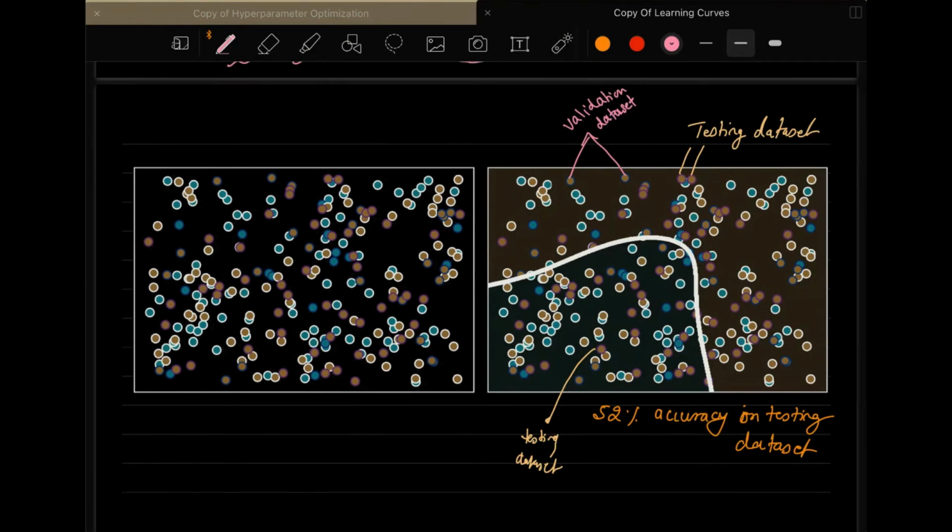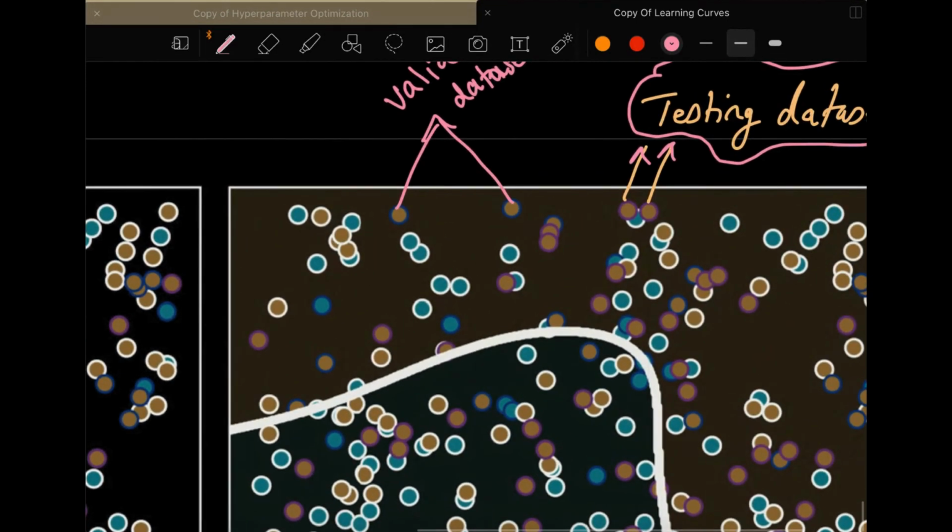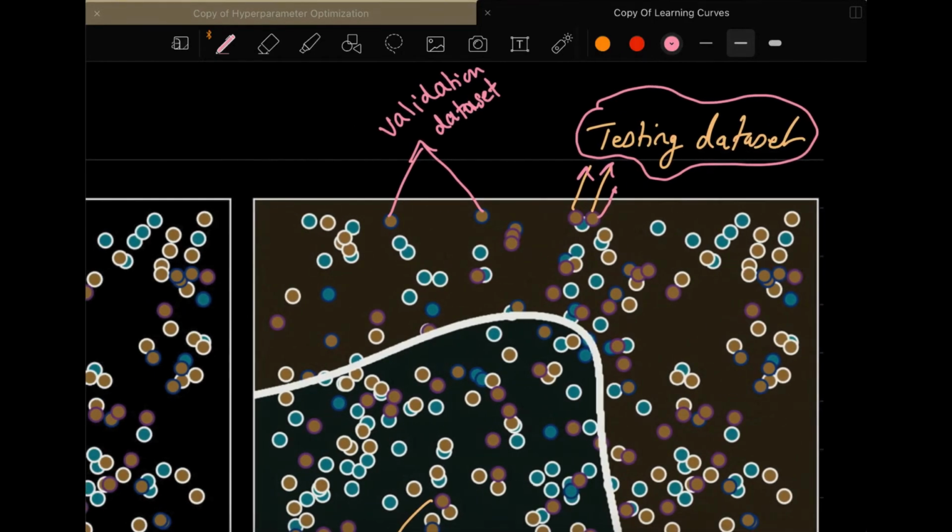So the lines that I am showing over here are the testing data sets. It's difficult to see, but these testing data sets are highlighted by pink lines. At the boundary, you can see here, you have this pink line over here on the purple line, sorry, the purple line covering all these data points. So we call this testing, and all the blue boundaries to the points are validation